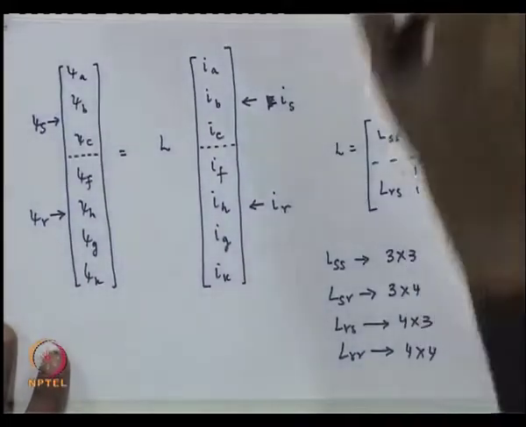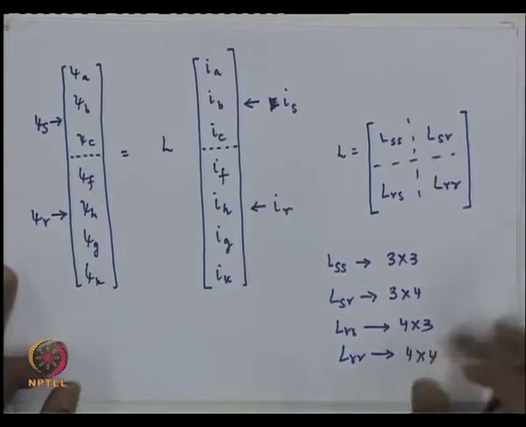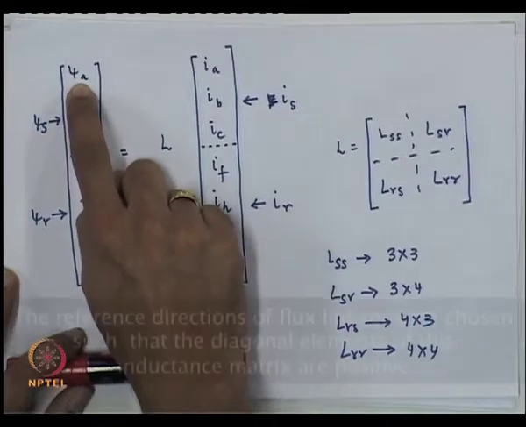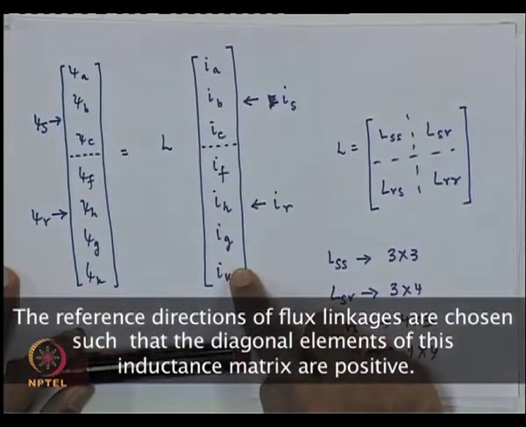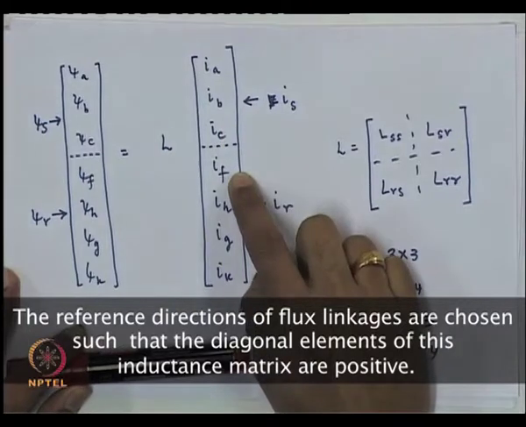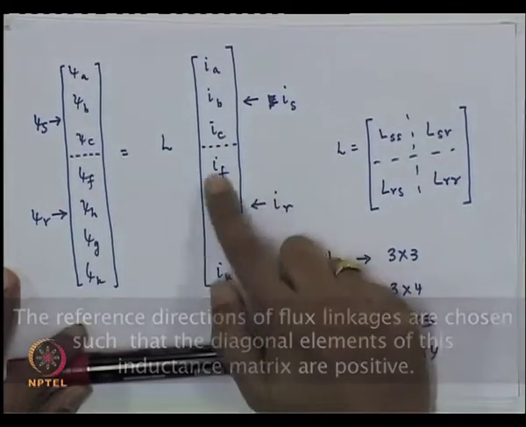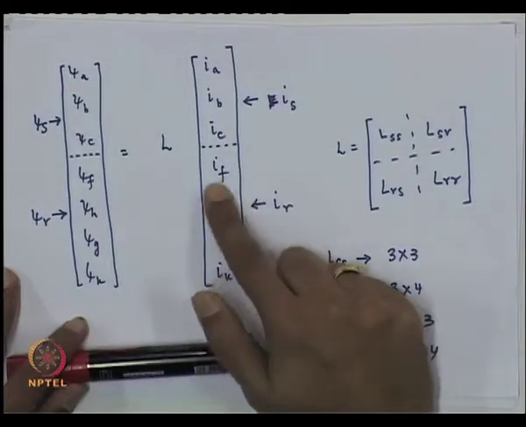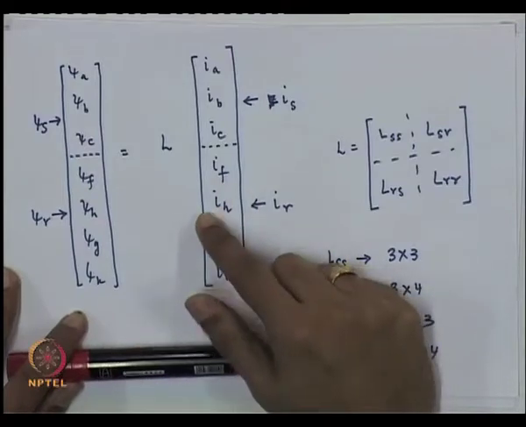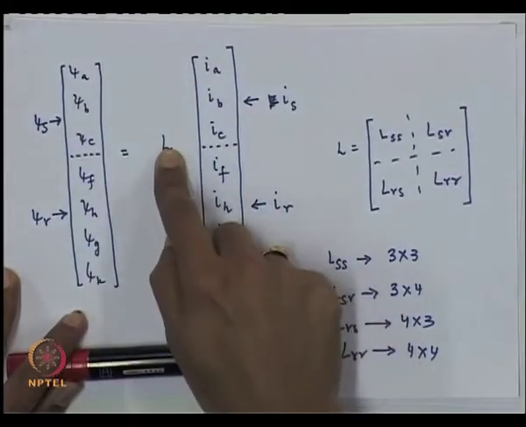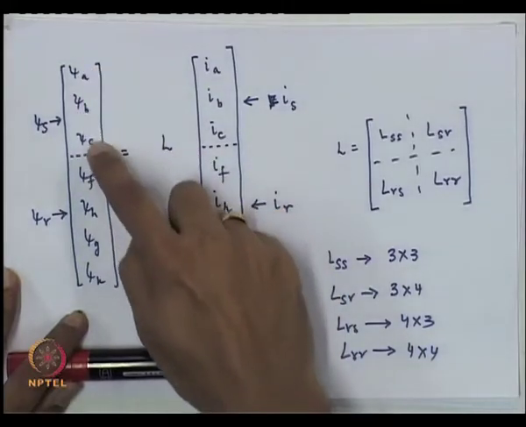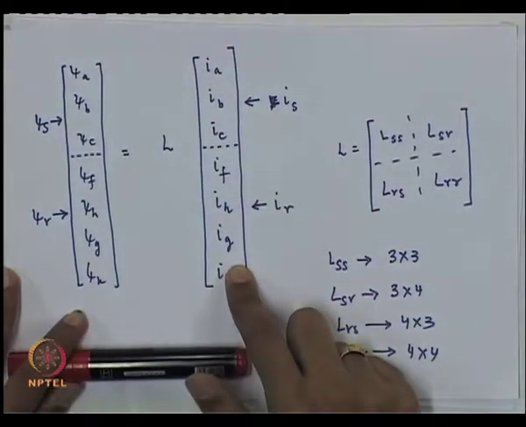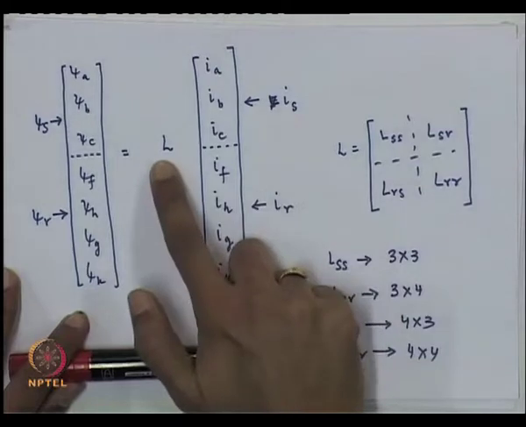Now, what we need to do if we want to describe the machine is basically get a relationship between flux psi A and the rest of the currents IA, IB, IC, IF, IH, IG, IK. The last three are in fact the windings which capture the effect of eddy currents as well as currents in damper bars. Okay. So, you have got psi A, psi B, psi C, psi F, psi H, psi G, psi K equal to a matrix L into the currents. Okay. So, the structure of this L matrix is in fact